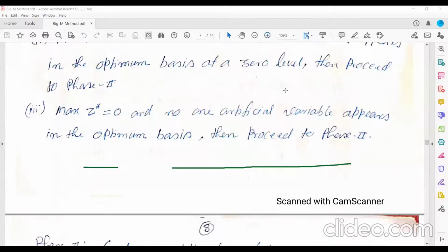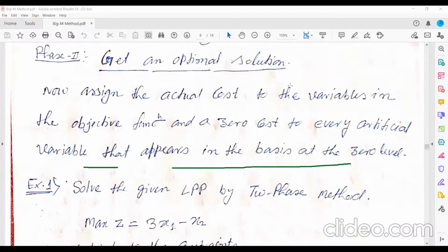Once you move to phase 2, what you need to do is get the optimal solution of the LPP. In phase 2, there is one modification. Whatever your last simplex table in phase 1 is, that last simplex table will be taken as the first simplex table in phase 2, with a slight modification in the value of Cj.